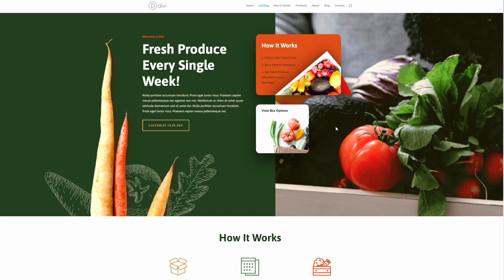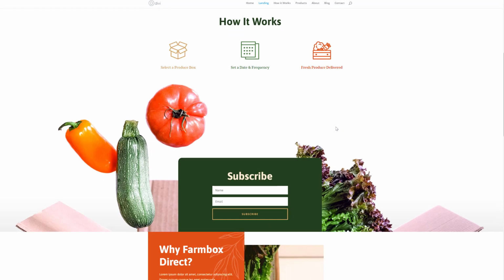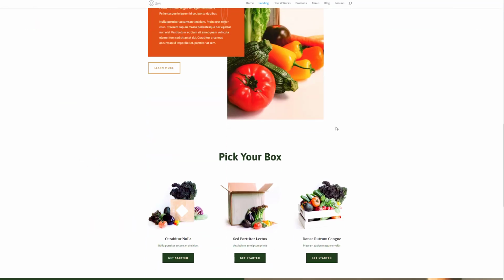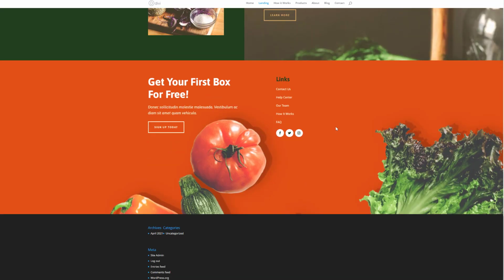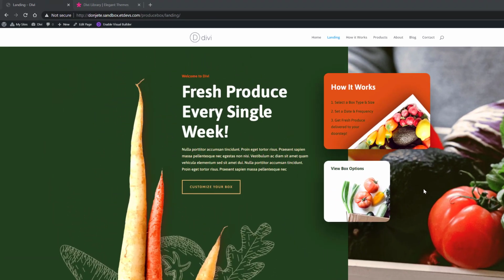Alright, so let's take a quick look at the Produce Box Layout Pack for Divi. So this is the overall look and feel that you can expect from it. You get high quality images and beautiful page structures. So if you want to lay your hands on this beautiful layout pack, you can go to